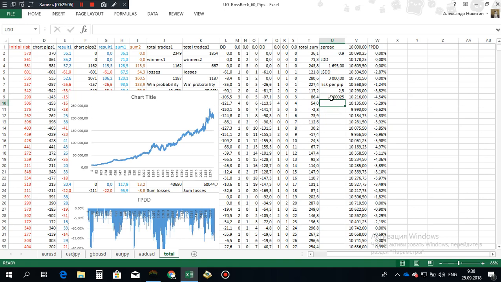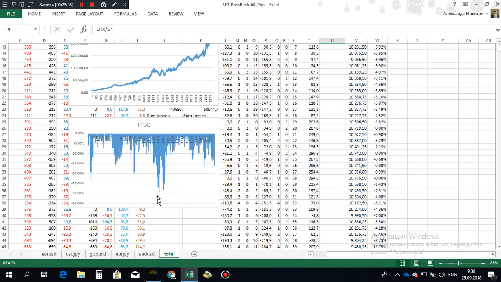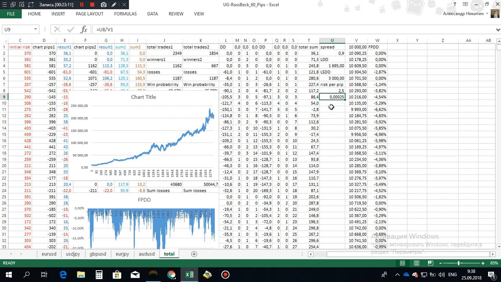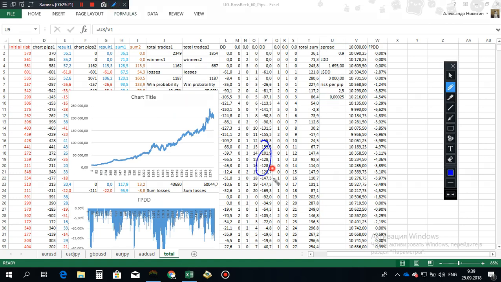So for your position size to stay within the 30% drawdown, you should risk 0.00025 of your account. So let me type it for you. It is 0, then we have 1, 2, 3, 25 of your account per 1 pip. So this is your risk per 1 pip